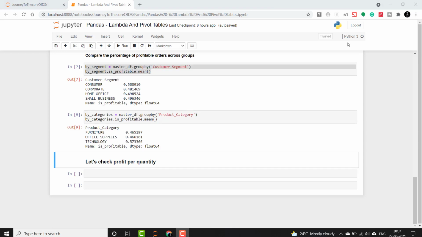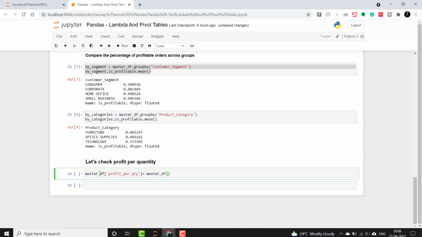Now we sometimes need to create new columns using existing columns also. For instance, say we want to check the profit per quantity. We would need to create a separate column for this. So let me create a separate column and name it profit_per_quantity.